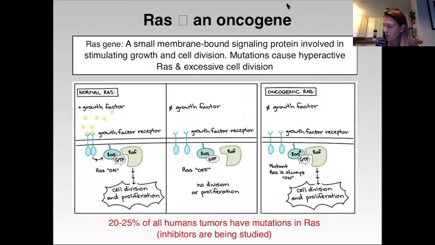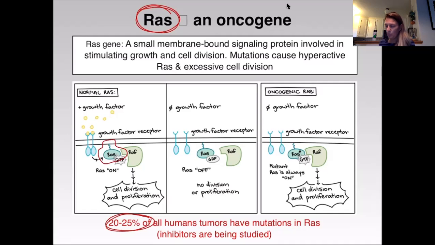One example of an oncogene is RAS. RAS is one of the most important cancer genes in the human body. 20 to 25% of all human tumors have mutations in this particular oncogene, called RAS. The RAS gene is a small membrane-bound signaling protein, shown right here in this turquoisey color. You don't have to know the details of the signaling process, but what you have to know is that